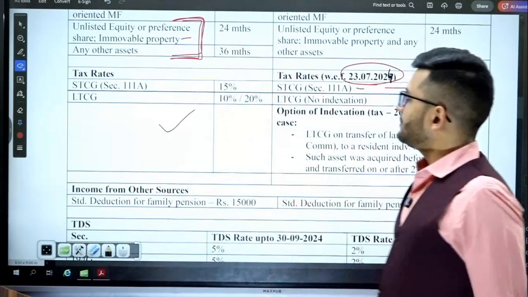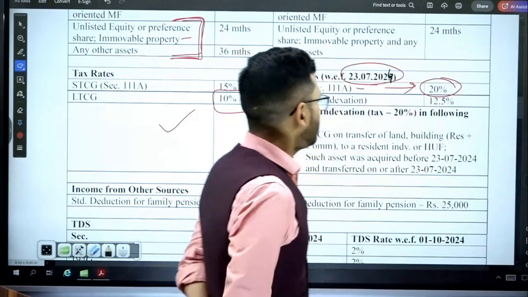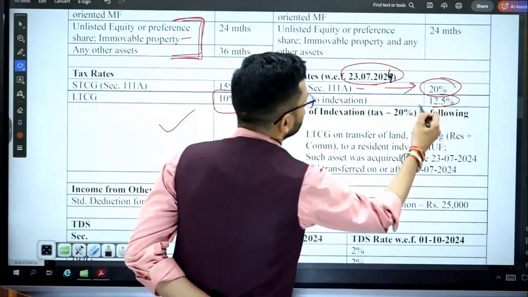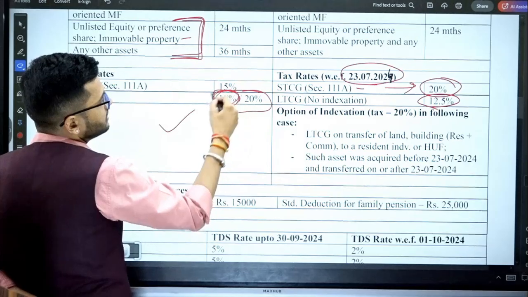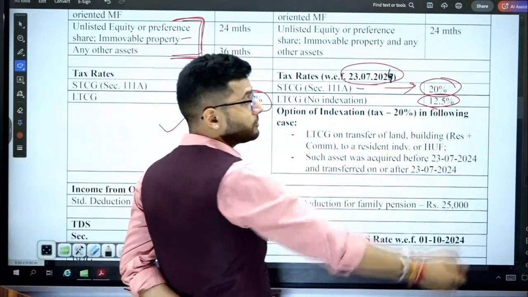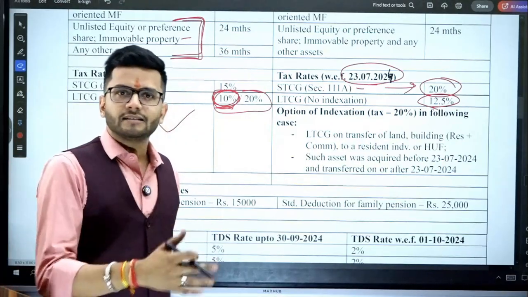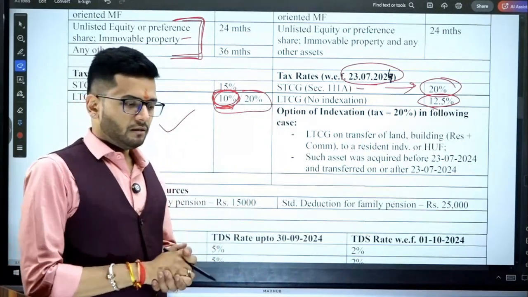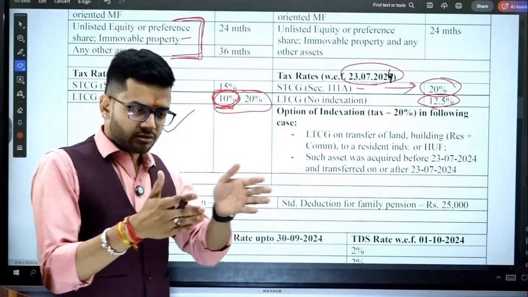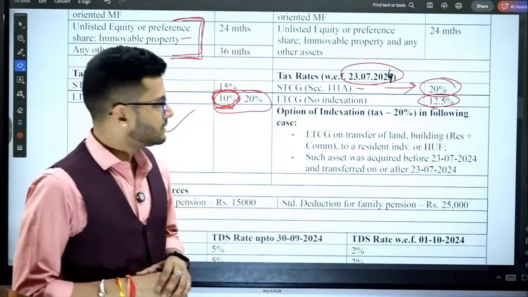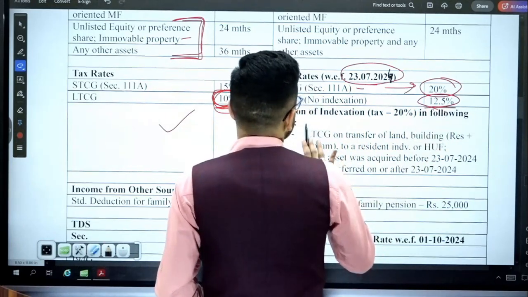Okay, sir. Then long-term capital gain, earlier it was 10% and 20% was the rate. Now the long-term capital gain has been reduced to 12.5%. Although, for the specified securities, earlier it was 10%, now it has been increased to 12.5%. But yes, just to rationalize and simplify the long-term capital gain tax rates, they have come to a common tax rate, which is 12.5%. So 12.5% LTCG without any indexation is to be given.